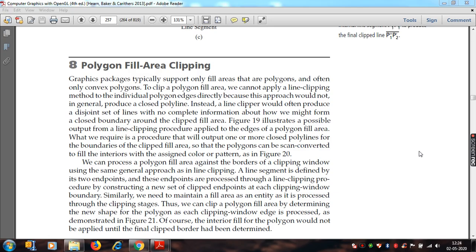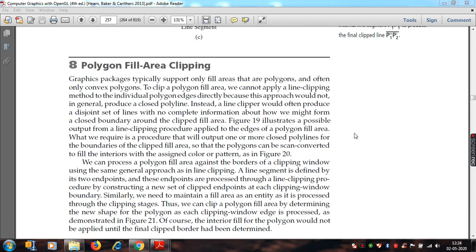Before that, we can think that whenever you clip a line segment, what you get after the clipping is also a line segment, right? In the Cohen-Sutherland algorithm, we have studied four different cases: what is the clip window and what is the position of a line. When it is inside, what we are going to do; when it is outside, what we do; when it is partially inside and partially outside, what we will do. So we will discuss such cases.